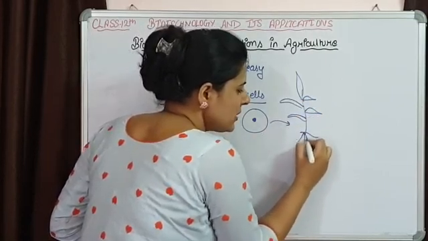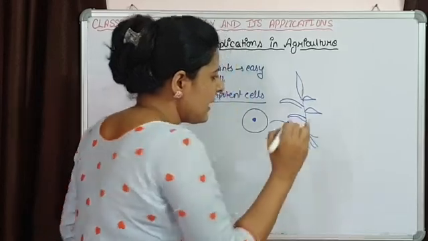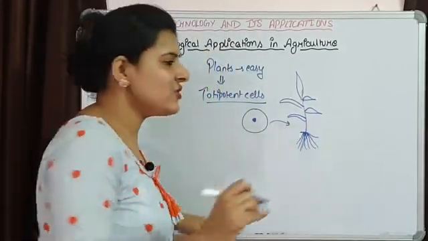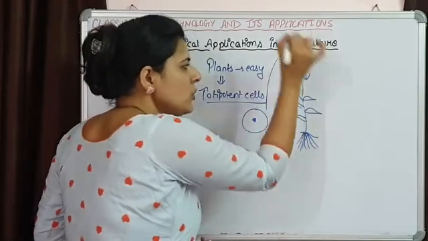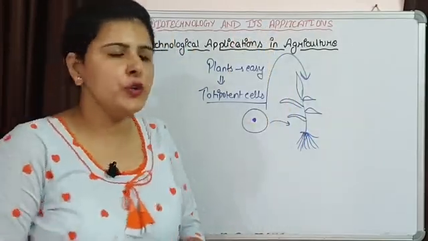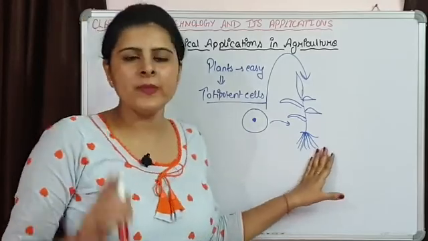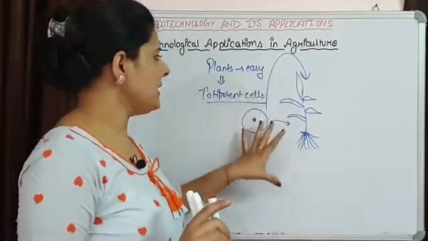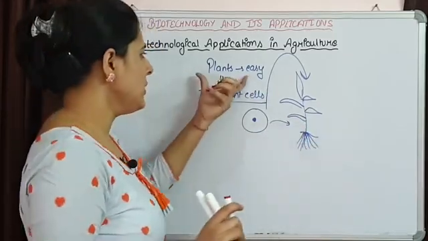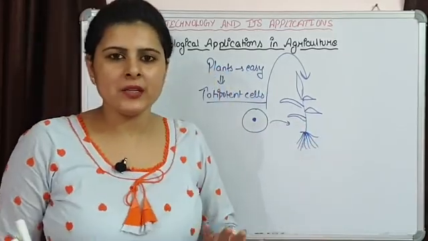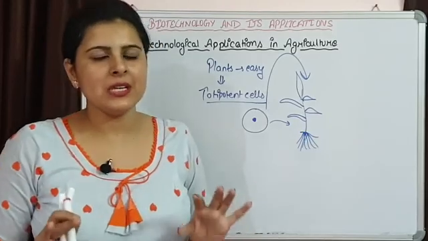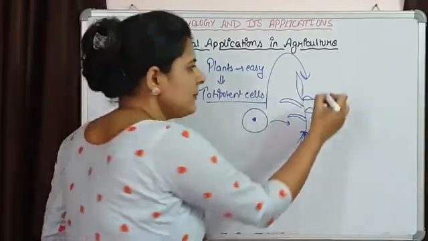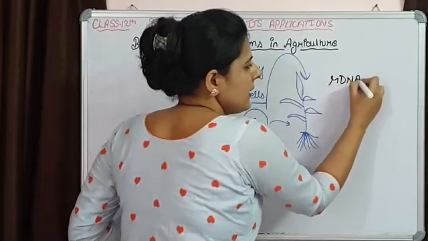and this is how the changes that we have incorporated into a single cell of a plant, these changes have been transferred to each and every cell of a new plant that is formed from this single cell. So that's how it is more easy and convenient to make a transgenic plant as compared to a transgenic animal. And which technology are we using? We are simply using rDNA technology.